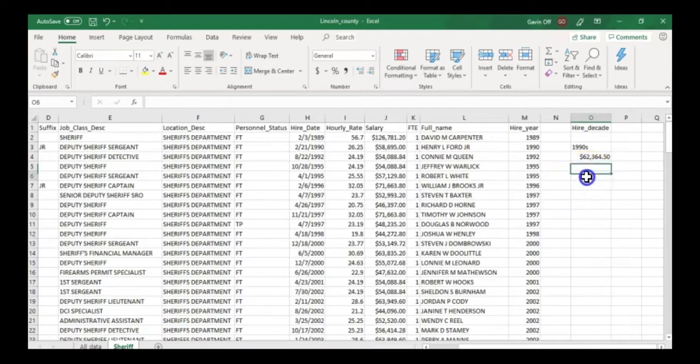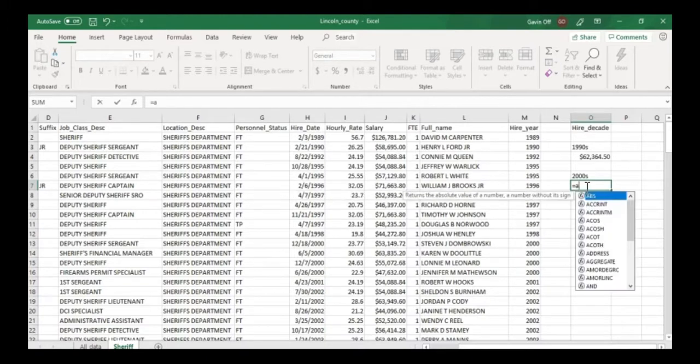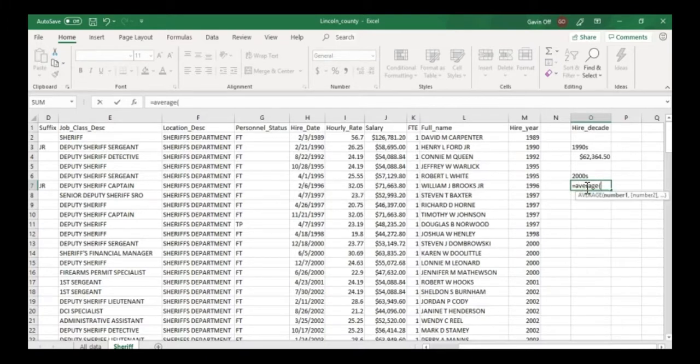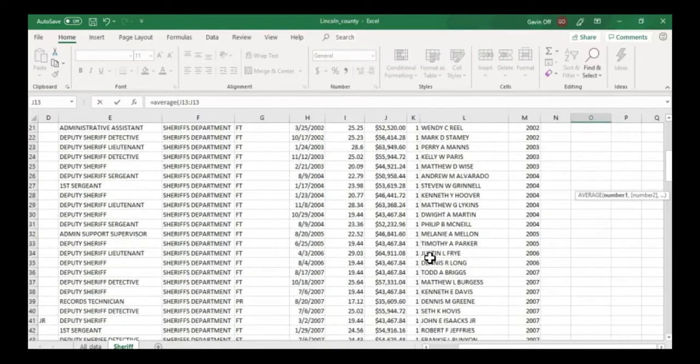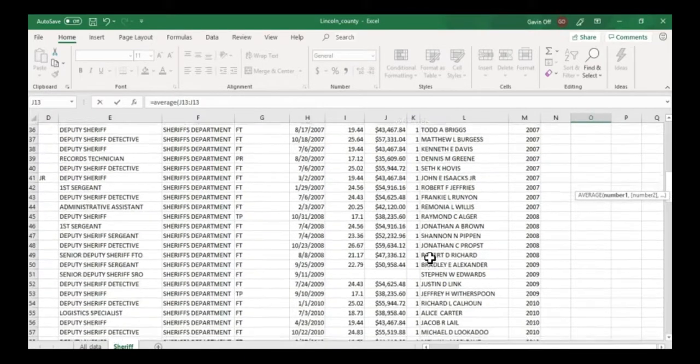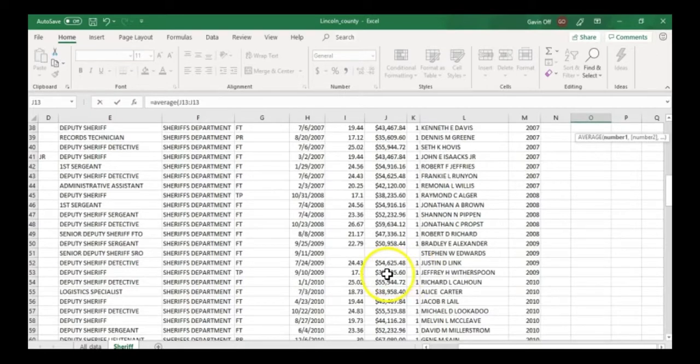And then I'm going to type in, just for practice, 2000s, and I do the same thing. Equal average. Start with my first 2000, which I think is J13. It should be, because I left off at J12. Colon. Scroll down to find the last 2009, because we're going to grab 2010 by themselves. And it looks like